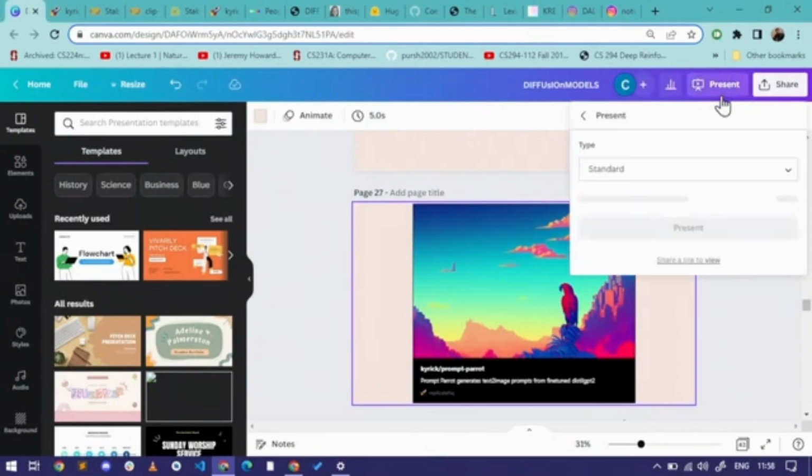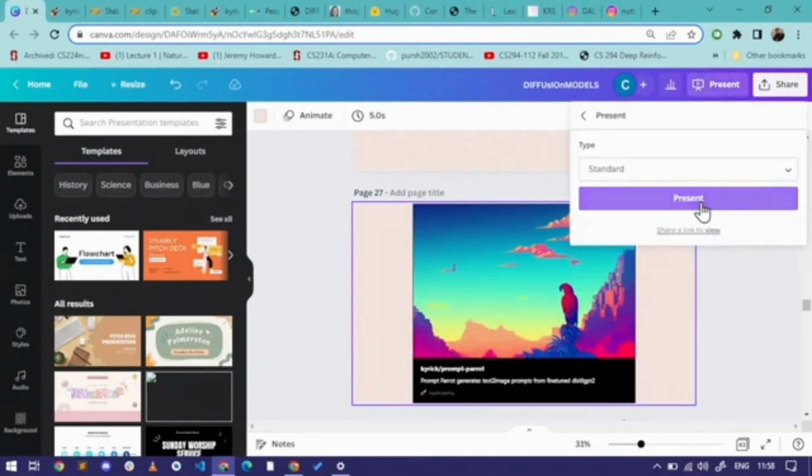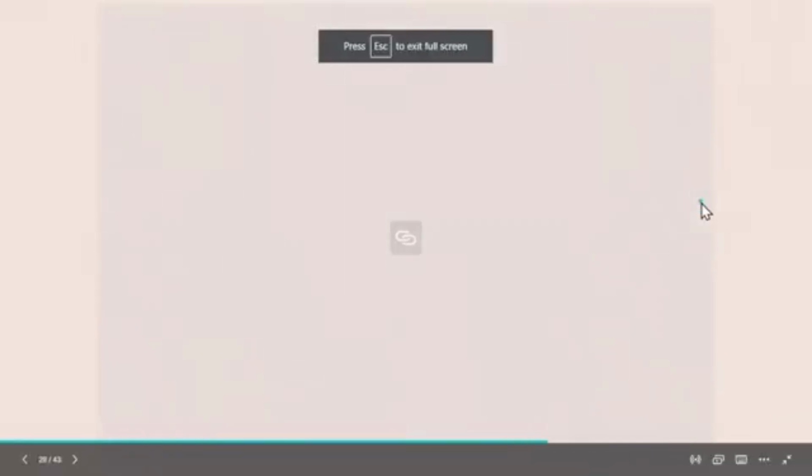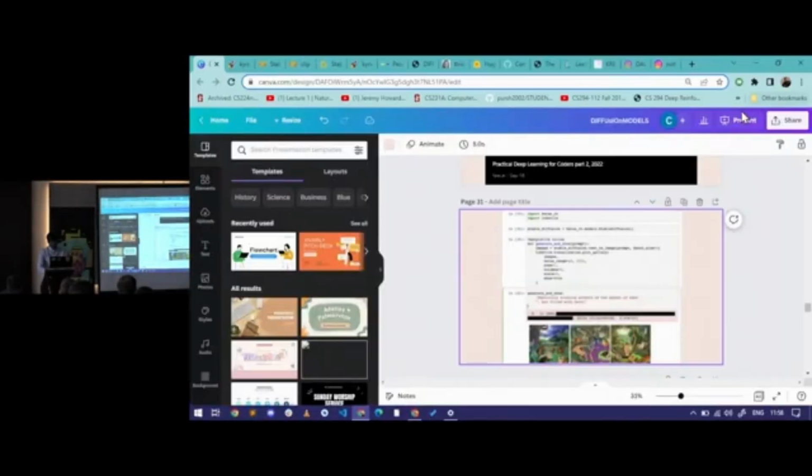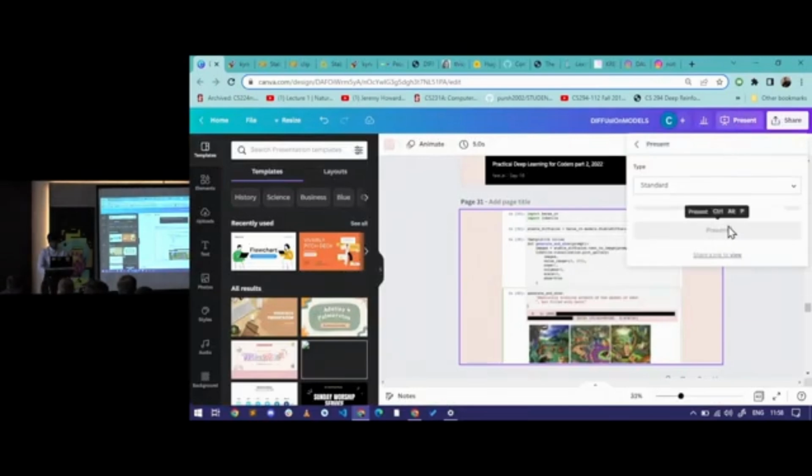Okay, all right. So let me go back and show you how to do this. I don't know why the images are not showing. Come on.